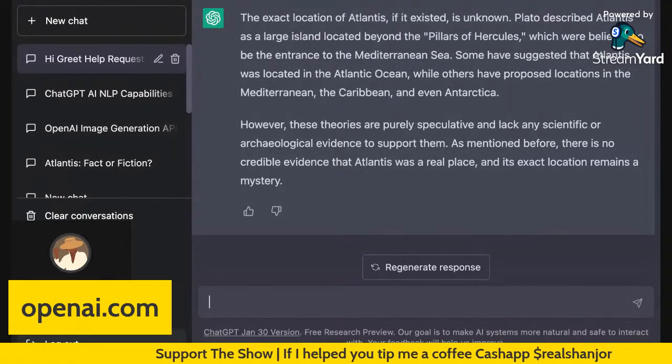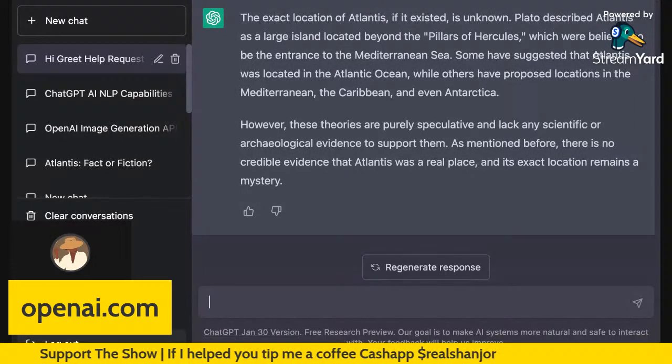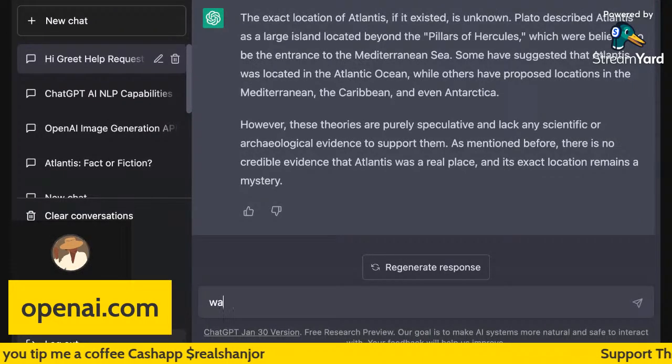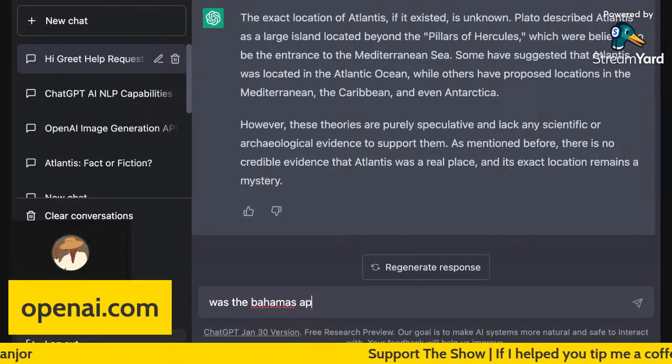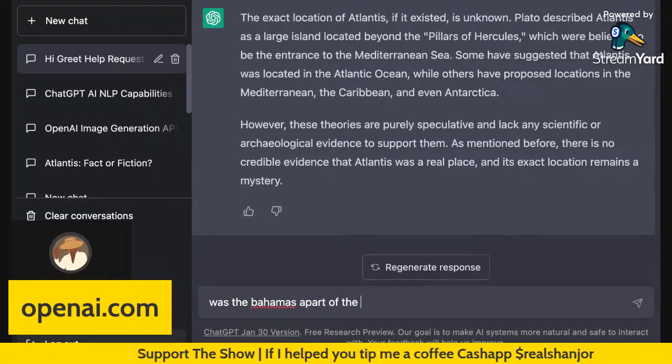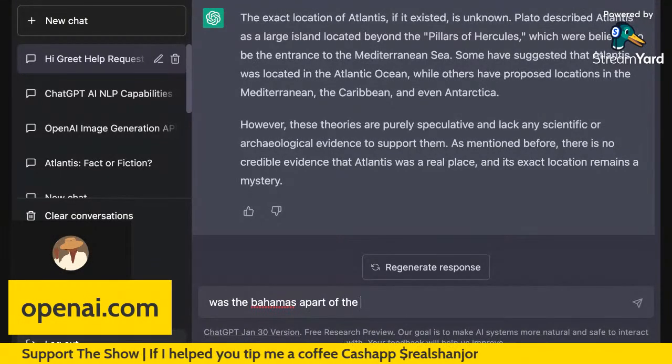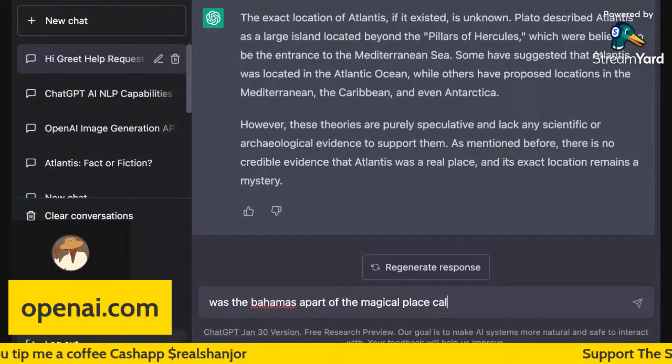Okay, so let's check this out. This is for all my theory heads out there. Was the Bahamas a part of the magical place called Atlantis?